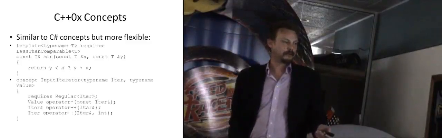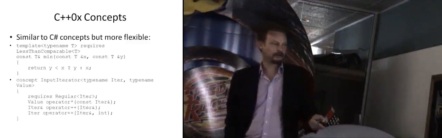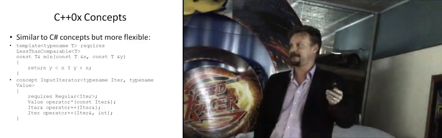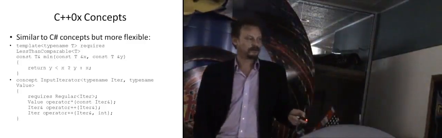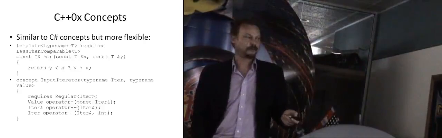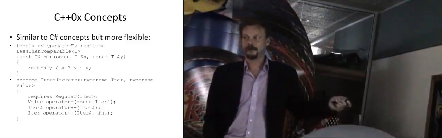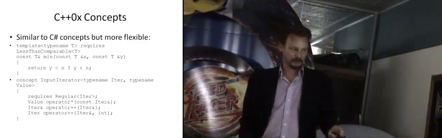And there's a new language construct in C++0x. Hopefully it'll come out in 2009, but what does come out mean as well? It means Comeau's got a demo of it on their website, I don't know. So you say that there's a concept, not a class or a struct or a function, a concept called InputIterator, which takes two types. And it requires that Iter is Regular, and that'll be defined as another concept. So from here on it goes into pattern matching.